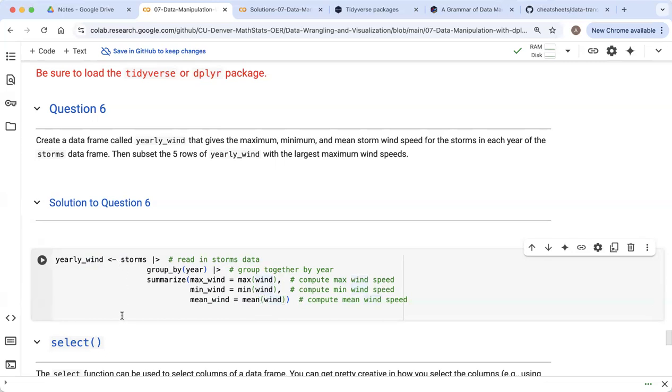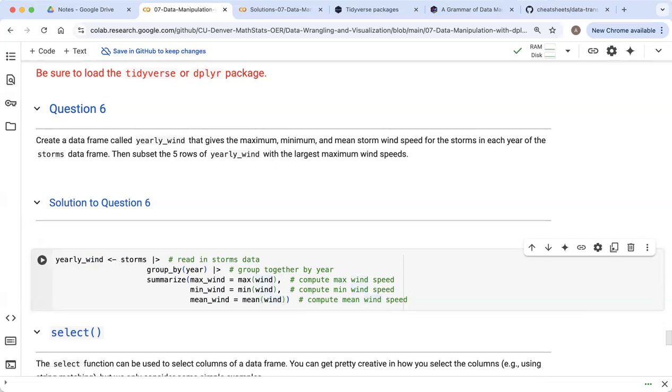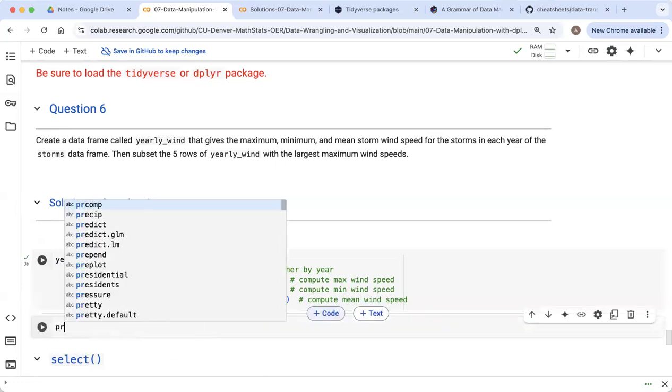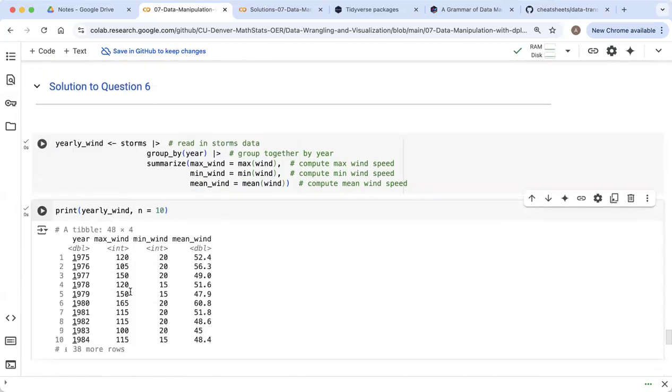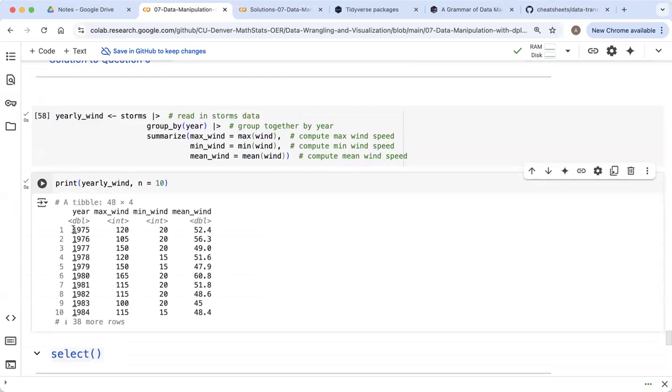So running this code cell is not going to display any output on the screen, right? This created a data frame that I stored to yearly wind. And if I want to see that, I can print it to the screen. So say I could print like the first 10 rows of that data frame,